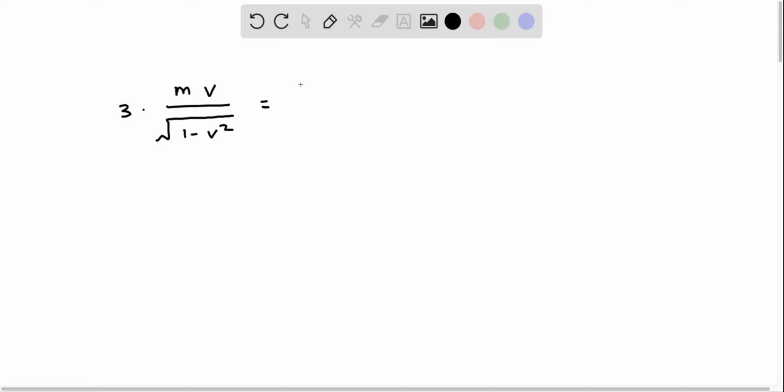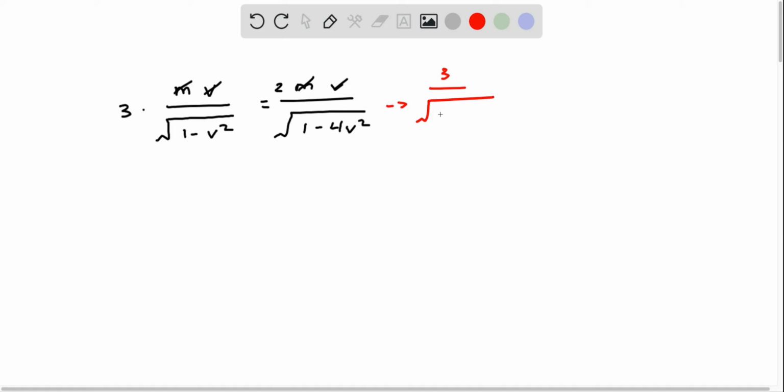mass times the final velocity, which we know is going to be twice the initial velocity. So I'll just carry this 2 out here. 2mv is going to equal square root of 1 minus 4v squared, because we're going to square that 2v term. All right, with that in consideration, what can we take out? We can take out this m, this v, and this m and that v. So this turns into a 3 over 1 minus v squared term is equal to a 2 over